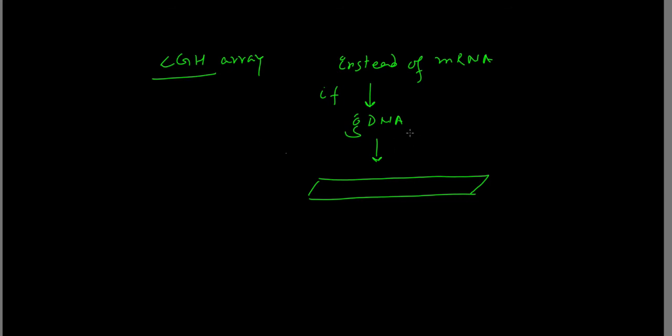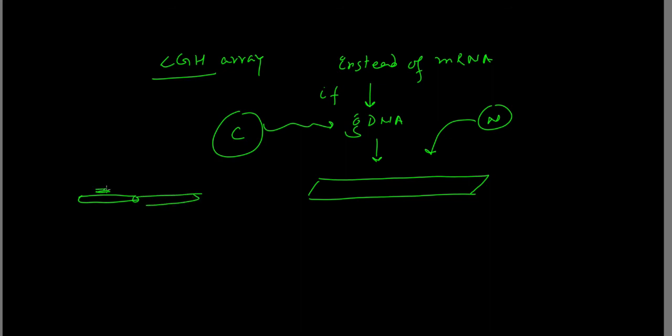This is your normal one coming up here. However, if I take the cancerous one, there could be regions in a particular chromosome of the genome which are amplified, copy number variation. There could be another region in the genome which is actually deleted. It happens in diseases and cancer. So if a region is amplified, you can see a higher intensity for that region over here. Of course, you might say that genomic DNA is pretty long, so you have to sonicate and make smaller pieces of this DNA. And this region would be depleted.